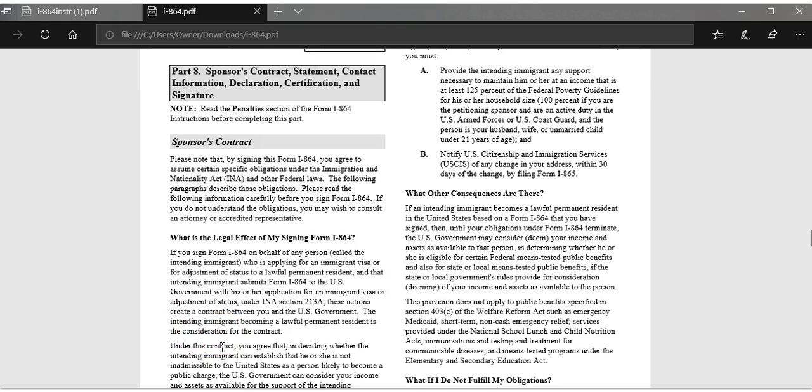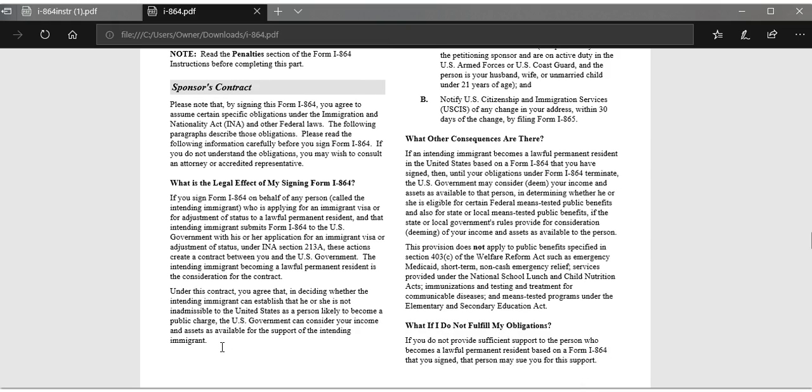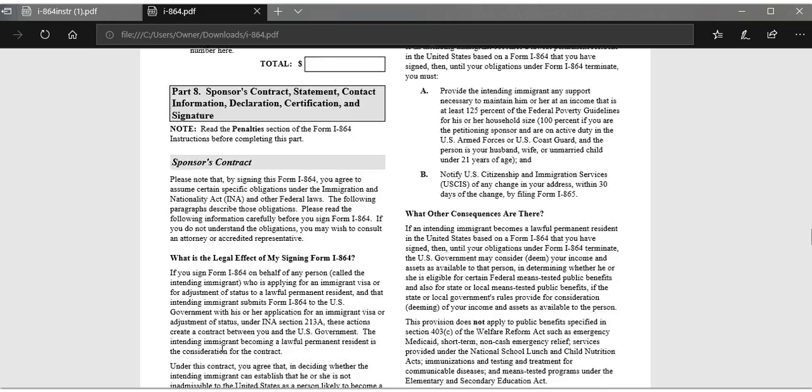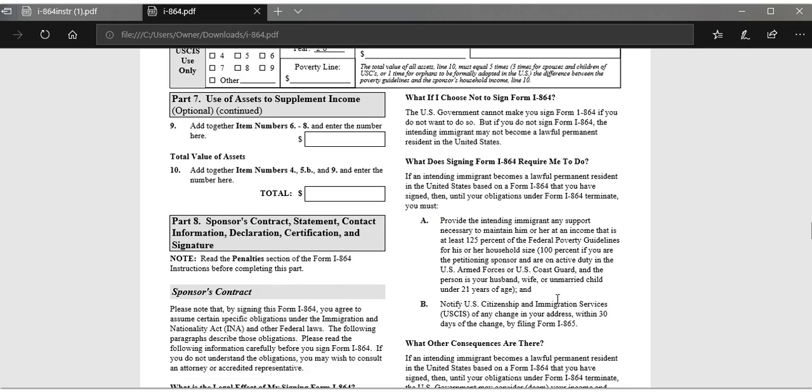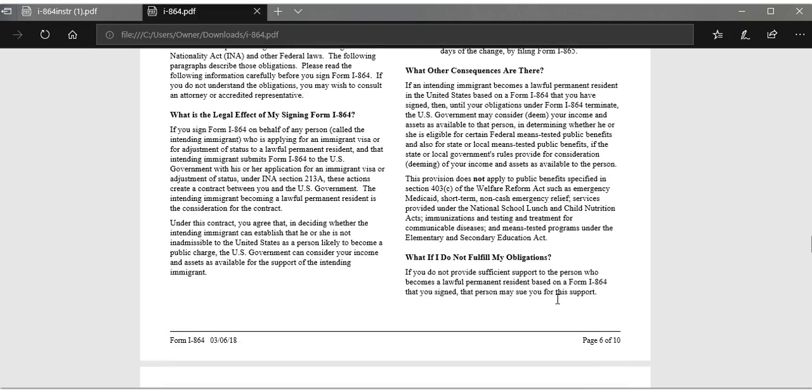So yeah, read all this, because there is a big responsibility in signing this form. You have to be supporting this immigrant in case this person is not working or is about to ask for public help. It's going to become a public charge to the government, and the government doesn't want that. That's why you are signing this form, to be responsible for this immigrant or immigrants. Okay, so after you read all that, don't forget you need to sign this affidavit of support,